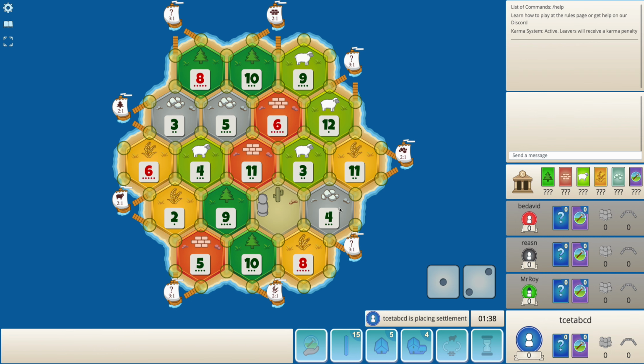I am noticing that there is not a lot of wheat available on this board. Although 8, 10 and 6, 8 and 6 are an option, apart from that, very little wheat. Decent amount of wood and quite a lot of brick available. Also not a lot of sheep available on this board. So maybe